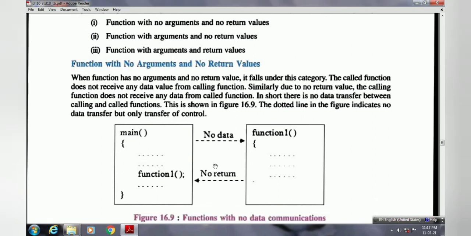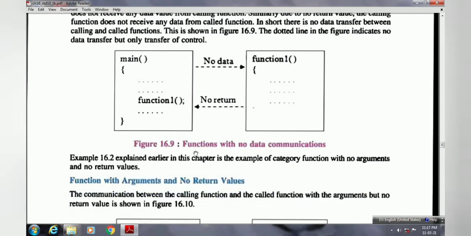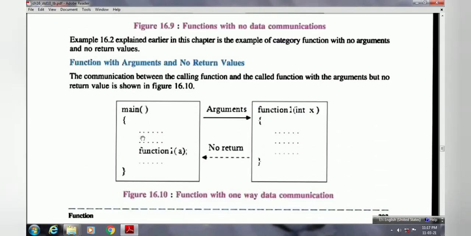No data goes from the main function to function 1, and no data comes back from function 1 to the main function. In the second type of function, with arguments, these arguments we have to provide when we are calling that particular function.